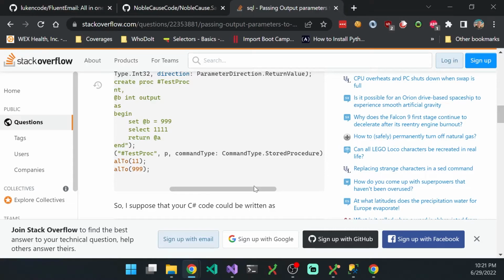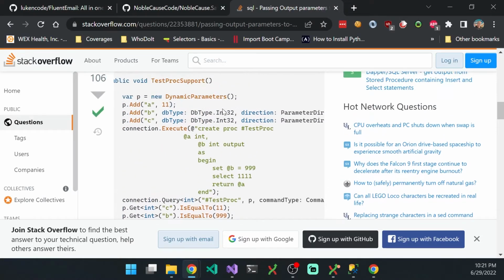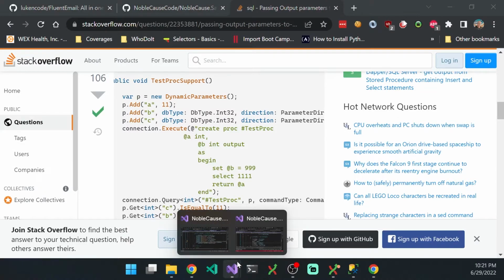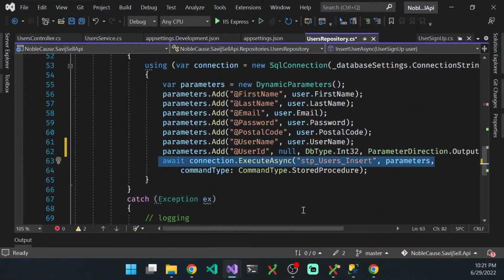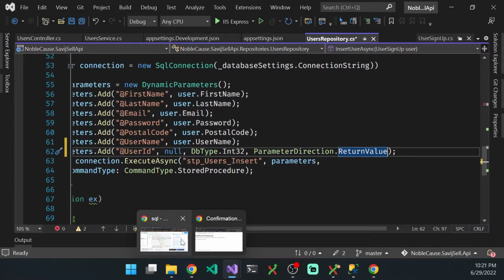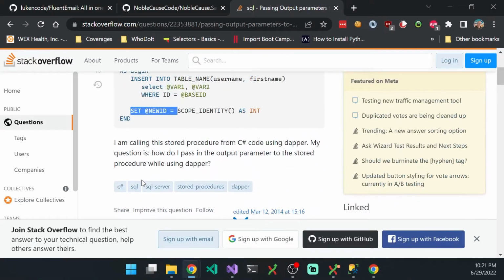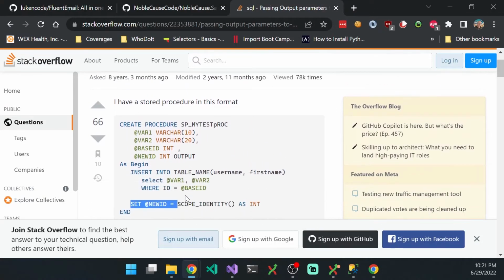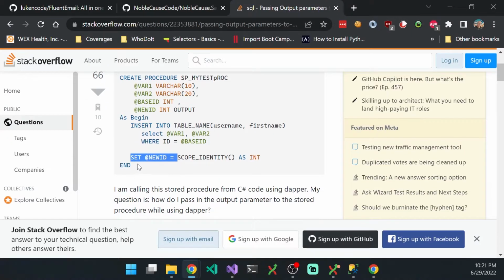So it looks like the direction there is a return value. So maybe we should change that. Let's change that. Instead of output, we're going to call it a return value. And I think he's using return value because, is he? No, he's not returning it. So